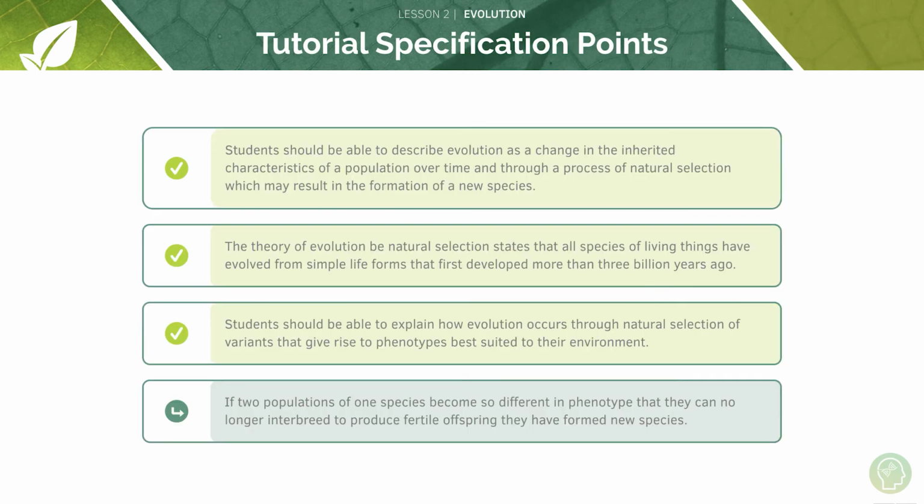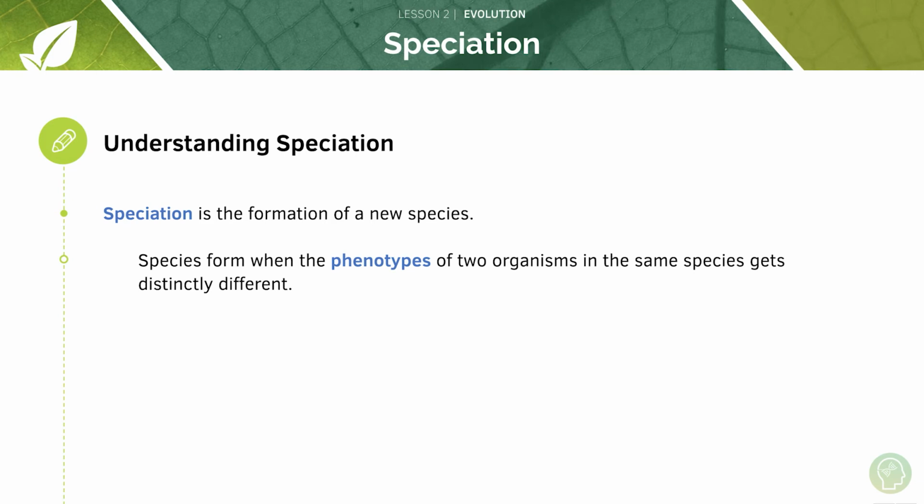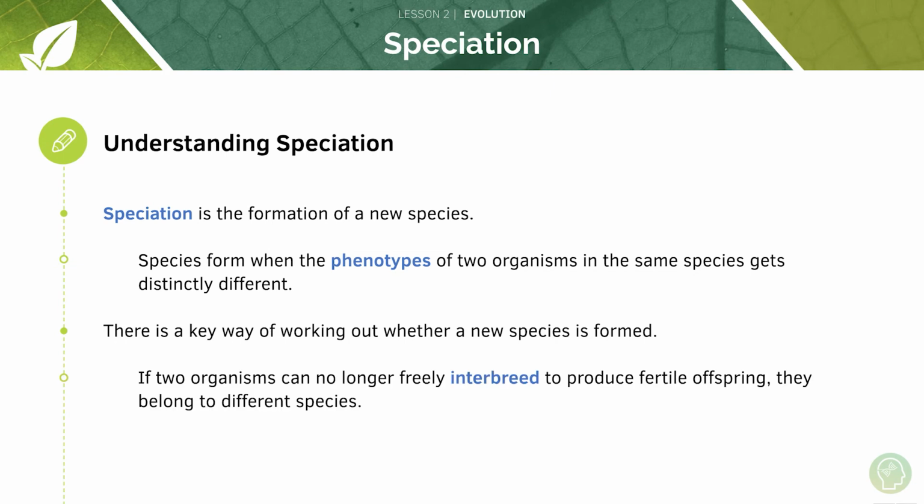Now let's come on to have a look at speciation. So speciation is the formation of a new species. So species form when the phenotypes of two organisms in the same species get distinctly different. So there is a key way of working out whether a new species is formed. And we look at this in terms of breeding. So if two organisms can no longer freely interbreed to produce fertile offspring, we say that they belong to different